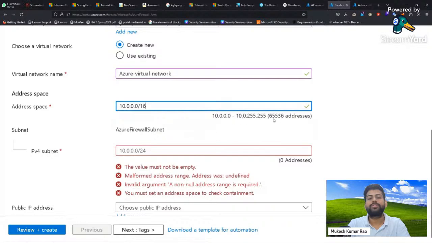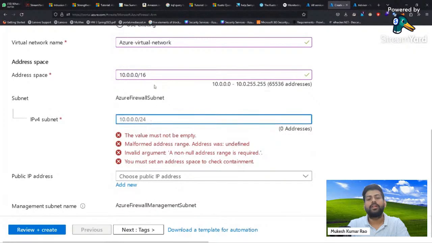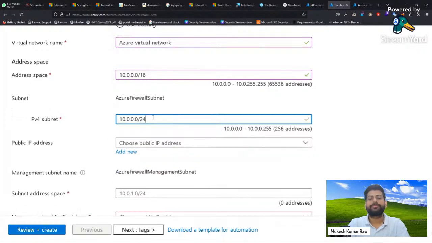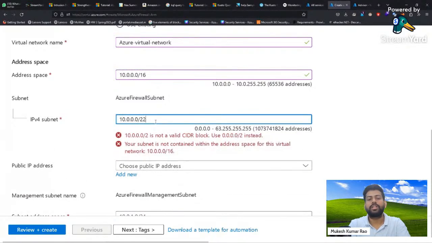You will get the full subnet around this much IP address in that subnet part, and then you can select here one. I'm just going with the default value. So now from this network space, I am creating one subnet of this network. Or maybe you can change the CIDR value to 22.